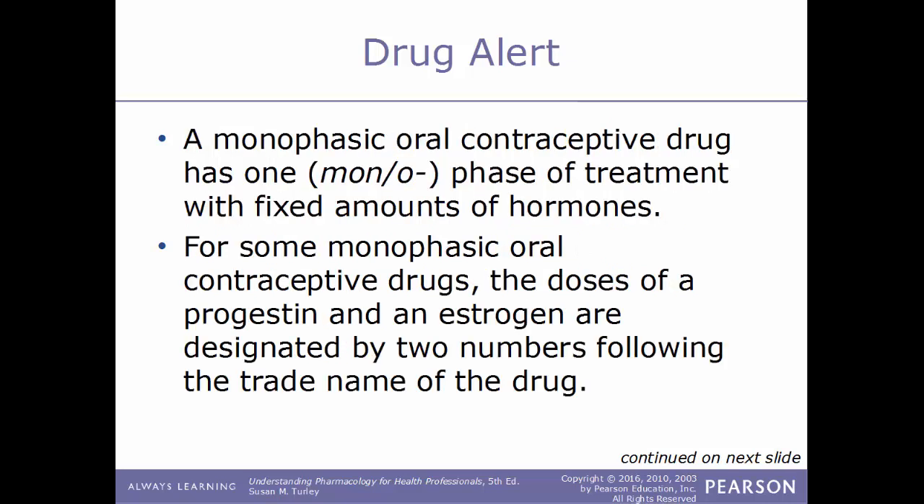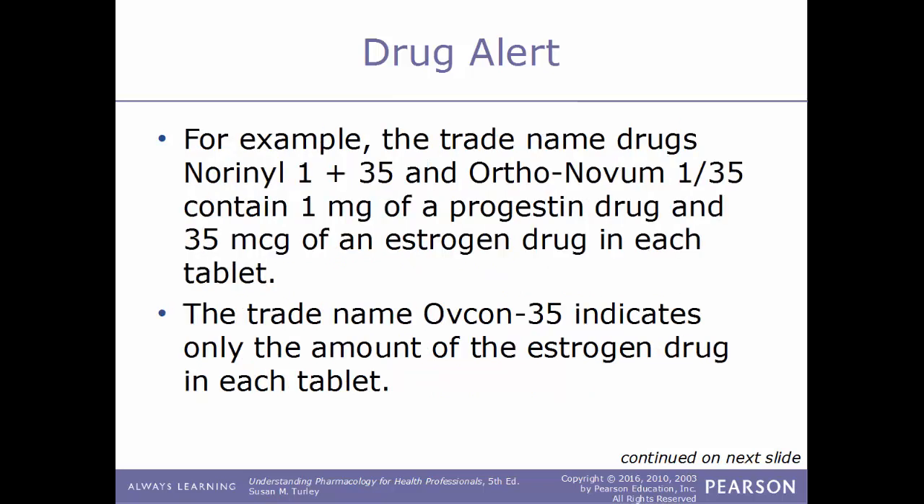A monophasic contraceptive drug has one phase of treatment with fixed amounts of hormones. For some monophasic oral contraceptive drugs, the doses of progestin and estrogen are designated by two numbers that follow the trade name of the drug. For example, the trade name drugs Norinyl 1 plus 35 and Ortho-Novum 1/35 contain 1 milligram of a progestin drug and 35 micrograms of an estrogen drug in each tablet. The trade name Ovcon 35 indicates only the amount of the estrogen drug in each tablet, which would be 35